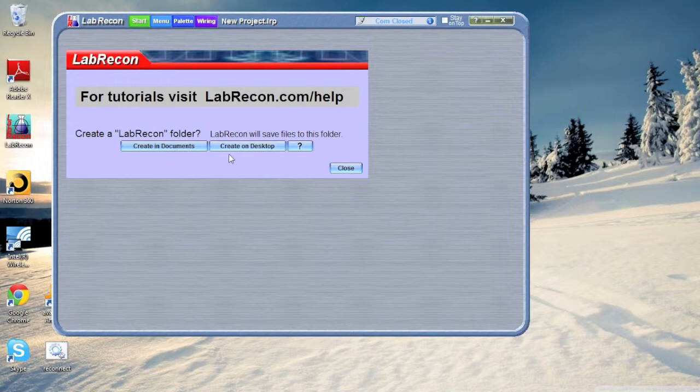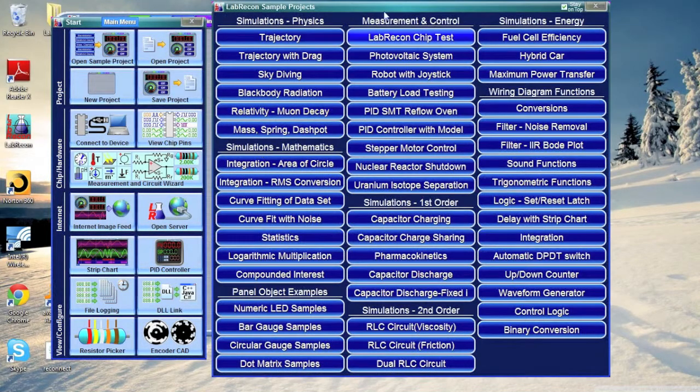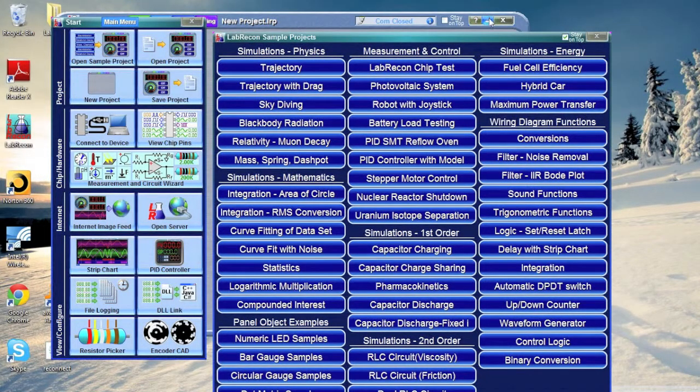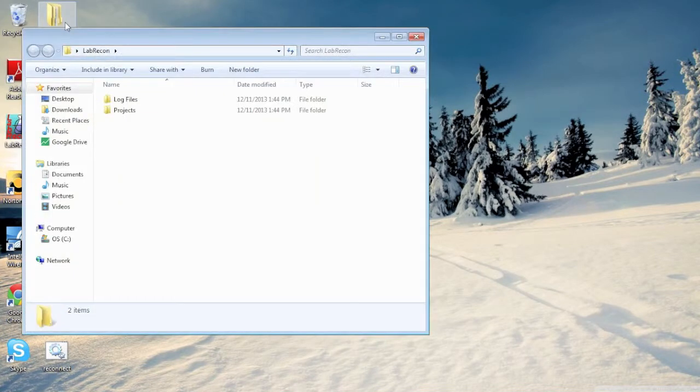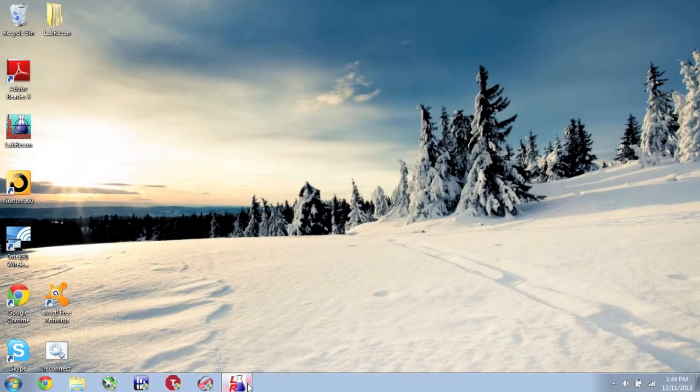To create on the desktop, simply click Create on Desktop. Now the folder has been created. If we open up the folder on the desktop, we can see that there are folders for log files and any projects we might create. Configurations for the LabRecon image server and encoder CAD will also be saved here. You can learn about how to set up each of these in the tutorial video called Setting Up the Image Server and Encoder CAD. So if we go back to the LabRecon program, we can see the Startup menu and